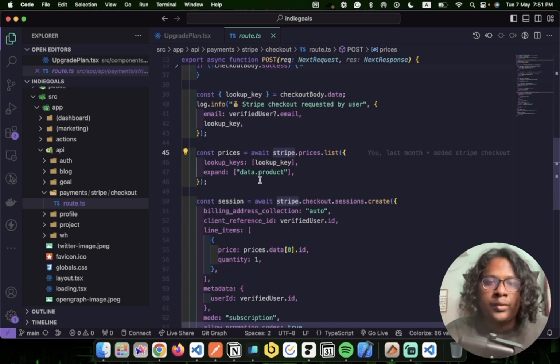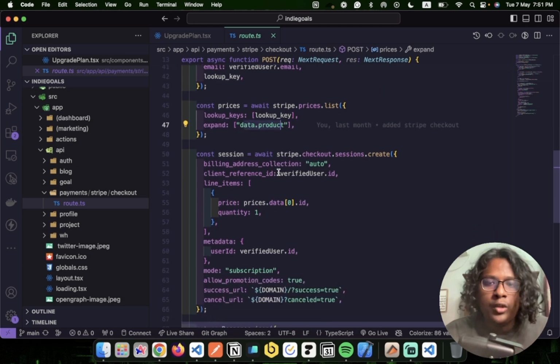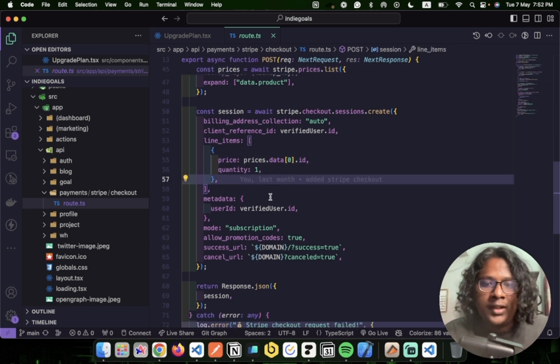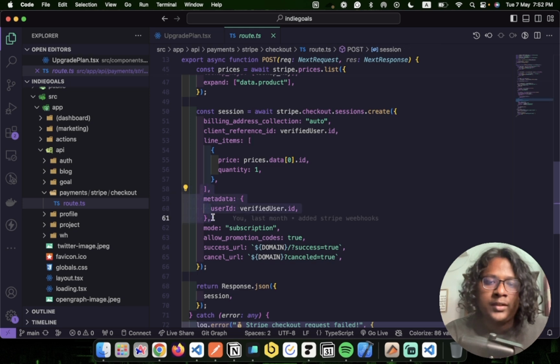And here we just press the lookup key and the product which you need to get the checkout URL. So you just call a Stripe checkout sessions, in the create section, we just pass the ID that we got from the prices and the number of quantity, which is basically 1. And here you can also pass some metadata to identify which user is trying to subscribe